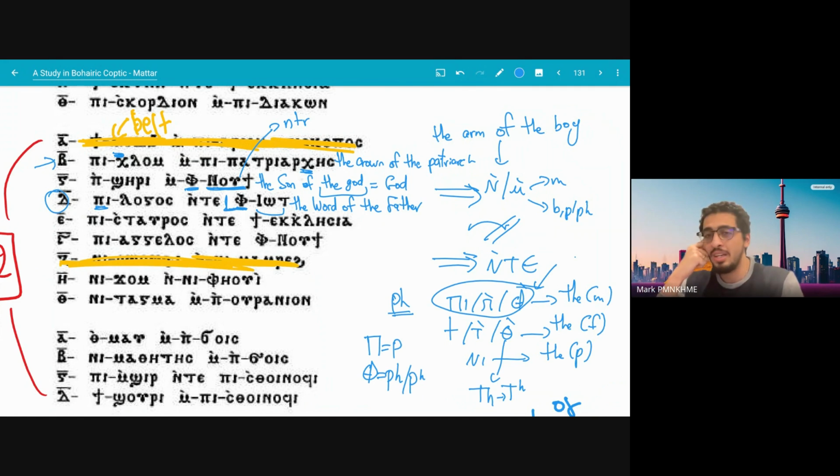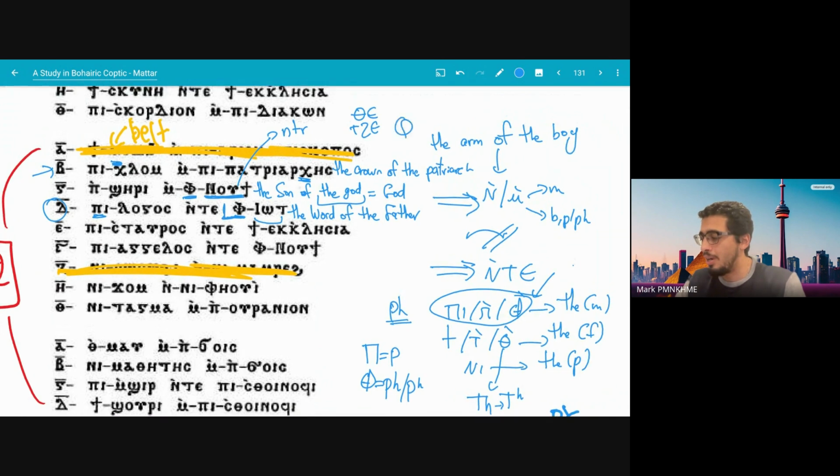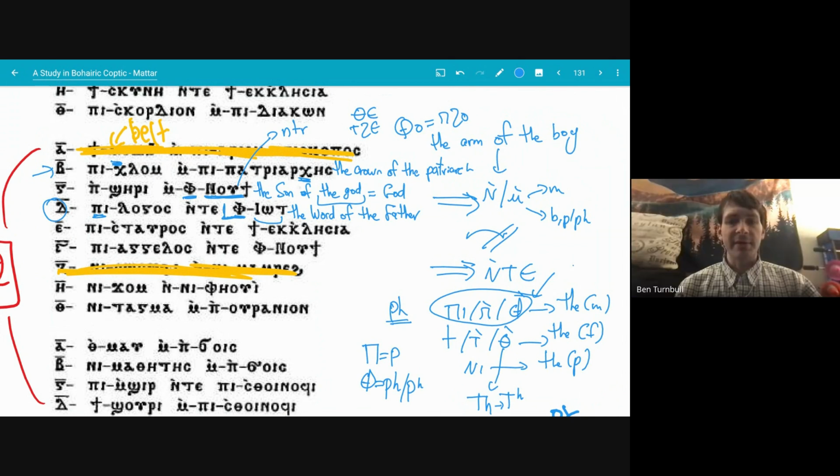In Sahidic, you can see very clearly, like we say ⲏ, you just put this. So it's very clearly they meant to say this. In Bohairic, you don't see a lot of this. Also, in Sahidic, you say something like po, that literally means po, like the face. You don't see this. I think it's even a little bit more subtle in Bohairic, which makes it a little bit harder. I'm just guessing. Interesting that it varies between dialects like that.